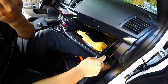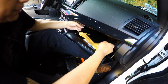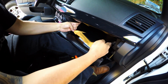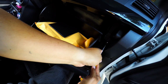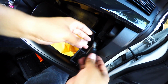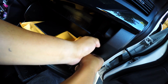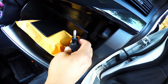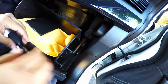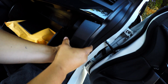Alright, so there's a couple screws that we need to get out, and then to ease out the glove box, you have to push this in like this, and then the glove box will drop down lower. Then all you have to do is just remove this one screw right here. There's one screw right over here. Make sure you guys don't lose it, so put it somewhere that you know it's not gonna get lost. And then basically all you have to do is just pull this from the top, then the bottom,